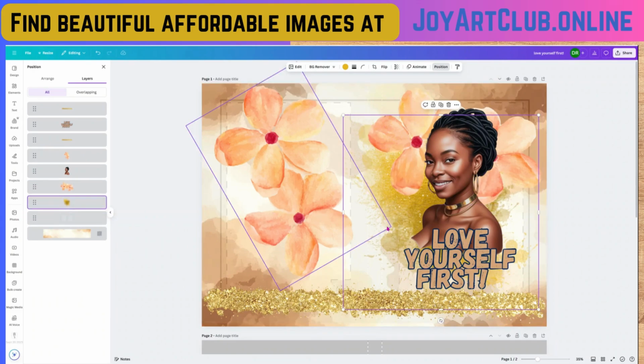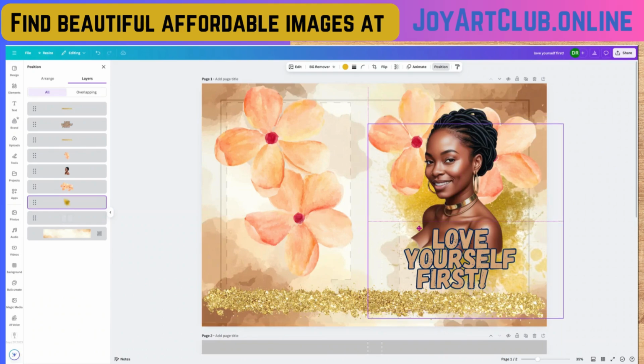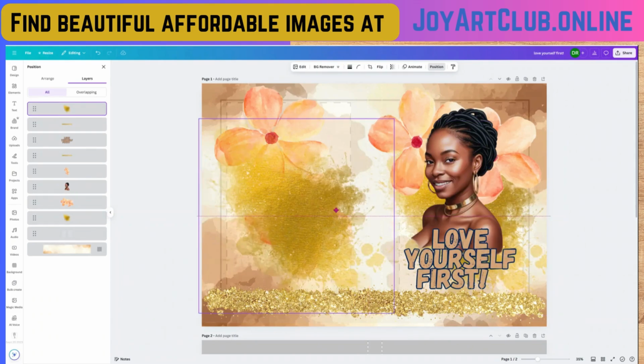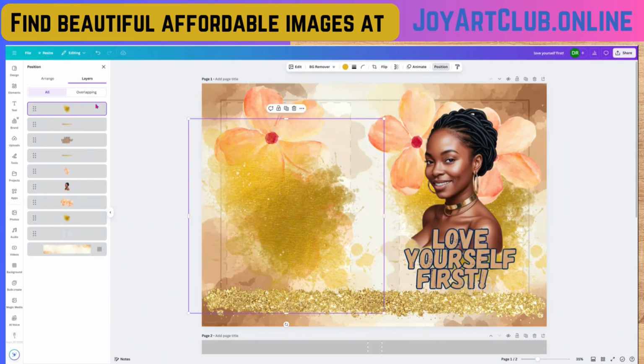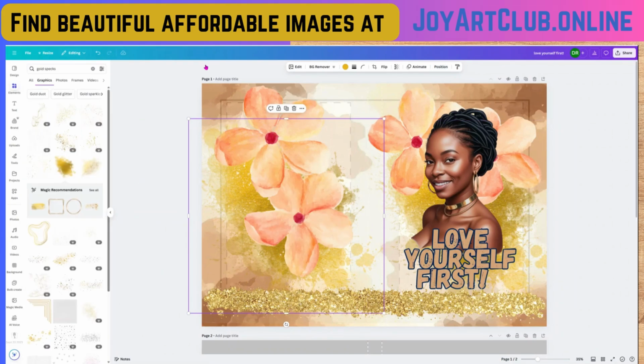There we go. We can also duplicate this and put this over here. So now go back to the layers tab and let's put it behind the flower. There we go. Okay, so now we have our gorgeous, gorgeous